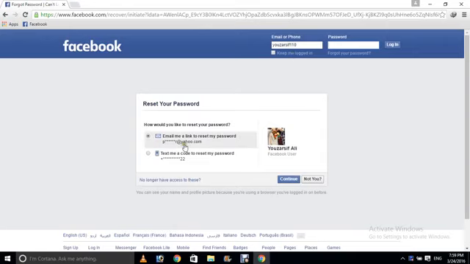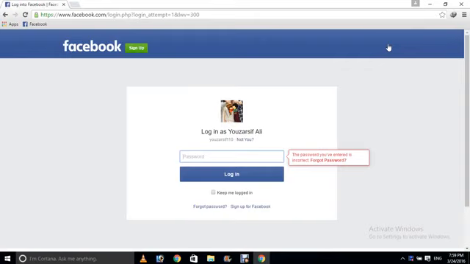Okay, so there are two options, through the email, and second through the number, but I can't accept them together. So now I am logging in again and putting any one password. Okay, now I have put it, watch it, and in the same condition when these options are in front of you, then you click control,